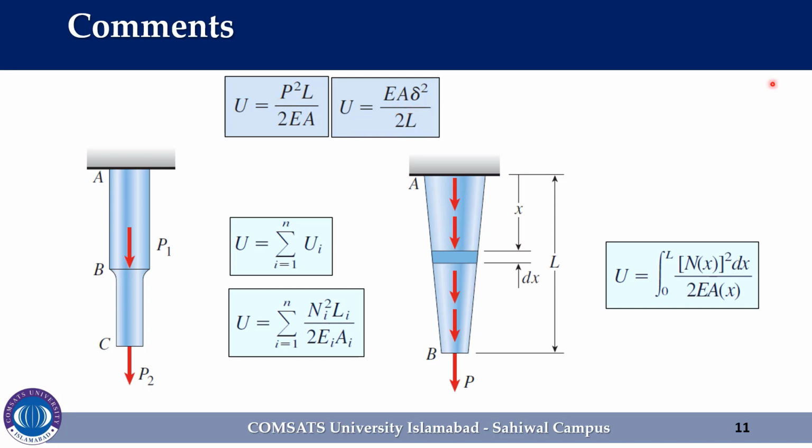Strain energy is a form of potential energy because it depends upon the relative locations of the particles or elements that make up the members. When a bar or a spring is compressed, its particles are crowded more closely together. When it is stretched, the distance between particles increases. In both cases, the strain energy of the member increases as compared to its strain energy in the unloaded position.